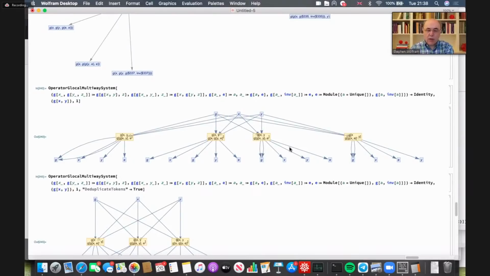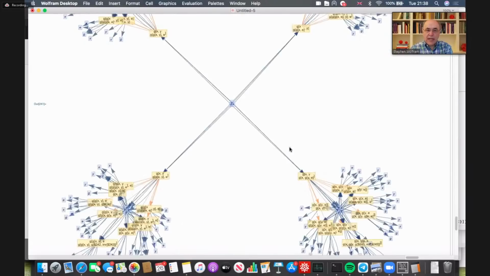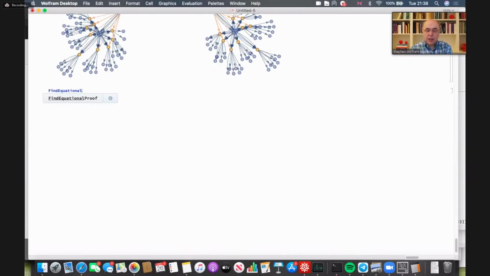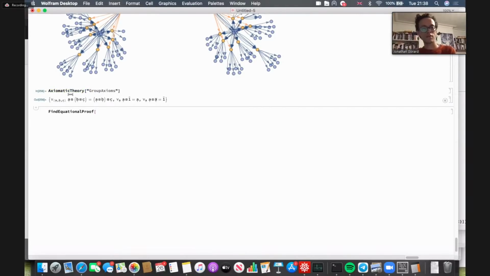The concept there is that just as an expression is a symbolic thing on which you can do transformations, so is a proof. Right. So if I take